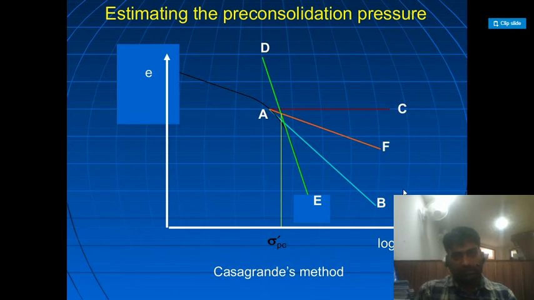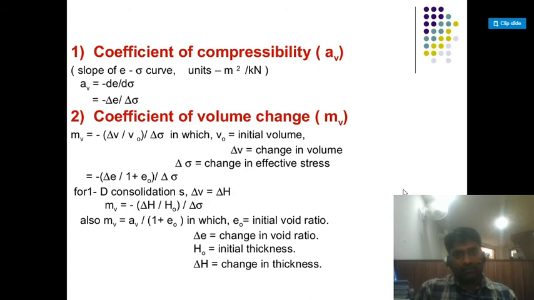You all might have learned these things in the consolidation chapter, I think. So this is how you can tabulate the value of coefficient of compressibility av. av is equal to minus delta e over delta sigma. Coefficient of volume change mv is equal to minus delta e upon 1 plus e naught upon delta sigma,